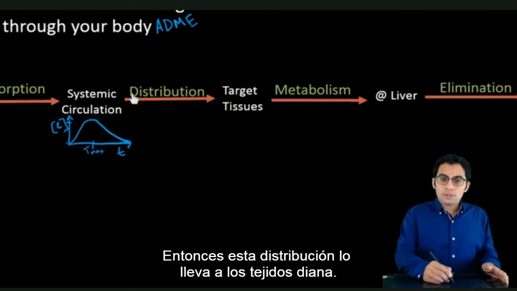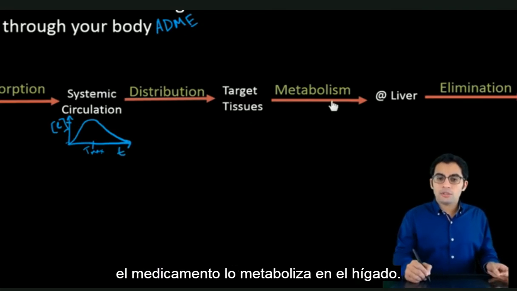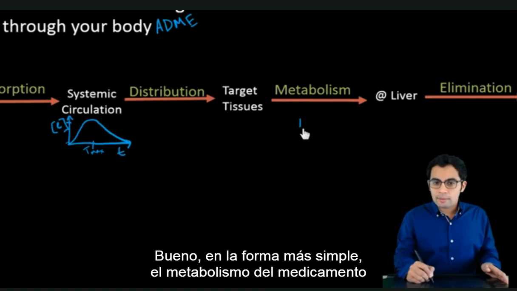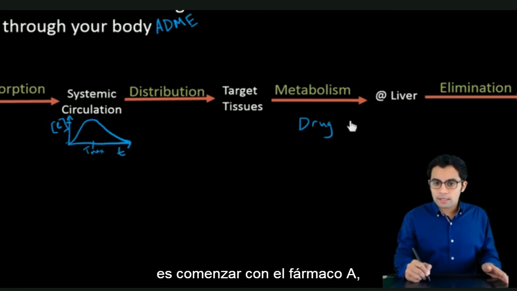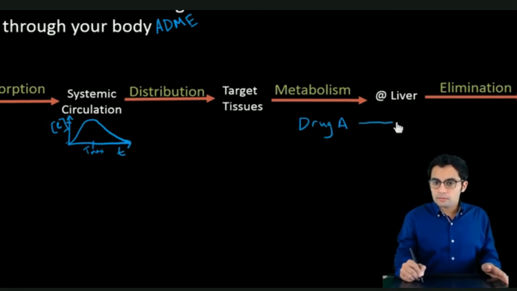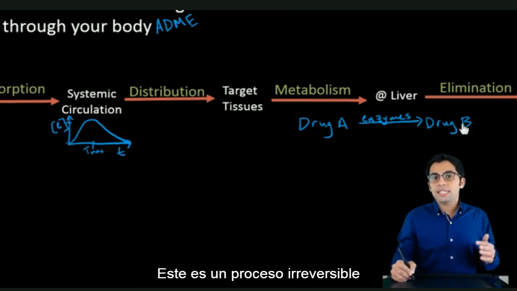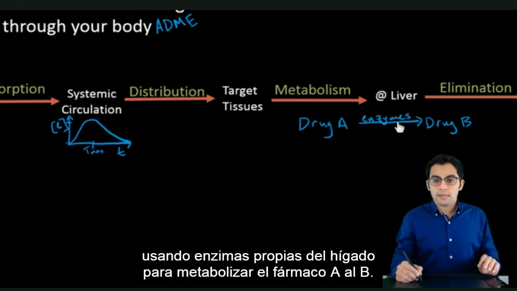And so this distribution takes it to target tissues, but at the same time, that drug is also getting metabolized at the liver. And so what is drug metabolism? Well, in the easiest sense, drug metabolism is starting with drug A, using enzymes, and forming drug B. This is an irreversible process using enzymes that are found in the liver to metabolize drug